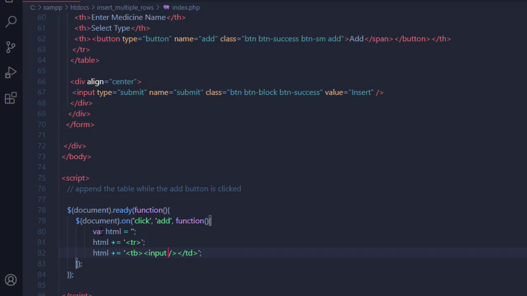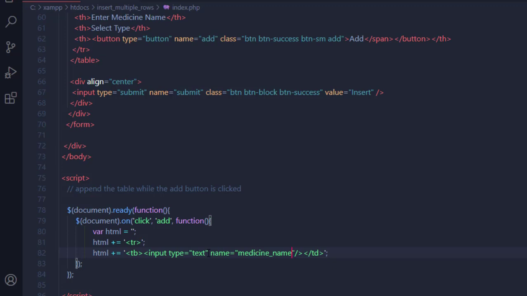The input should have a type of text, of course, and then it should also have a name of medicine name. So name equals a set of double quotes, medicine underscore name,